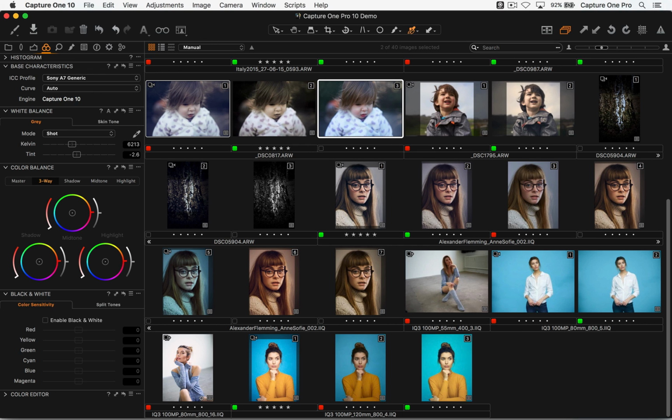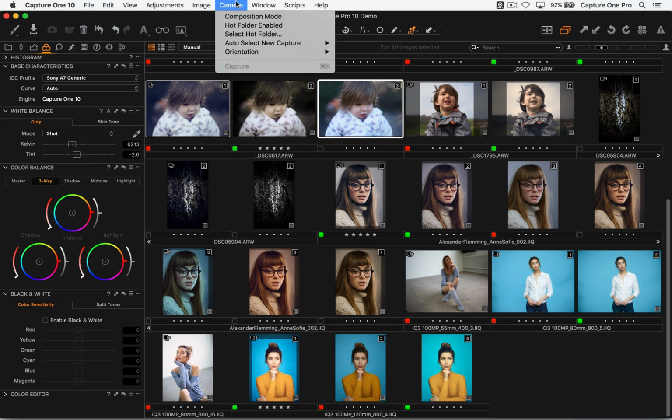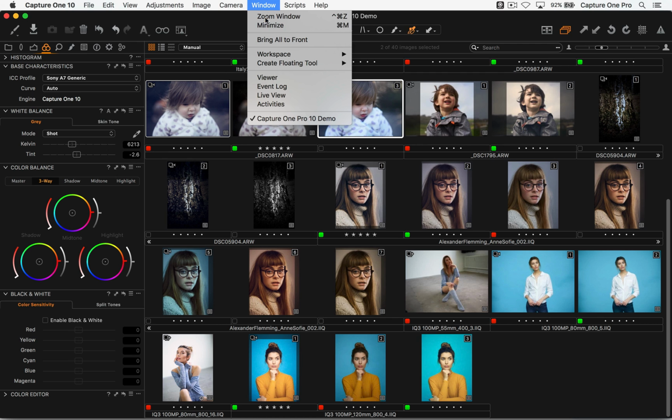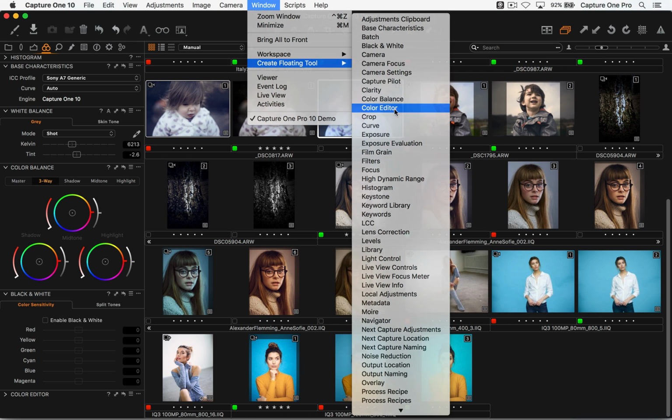If you have 3 color balance tools set up and you've modified each, when you create a preset, will it incorporate all the changes? Yes, definitely. It will always incorporate all the changes. Remember, the fact that we're replicating, let's do it right now. Create floating tool, color balance.